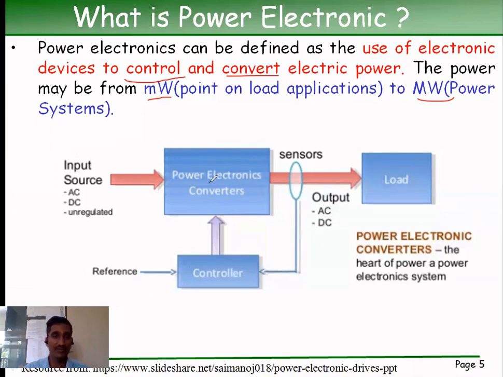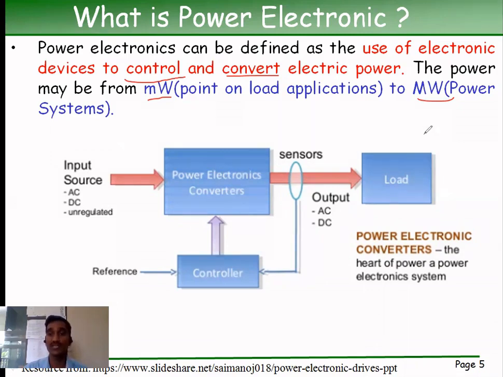So what is power electronics doing here? We are taking the power from the source and delivering it to the load. The source may be AC, maybe DC, or maybe unregulated power. This is our source input power, and this is the load. The load is nothing but your home applications or appliances. It may be a fan, a washing machine, your mobile, your laptop, or some industrial motors, whatever it may be. So this is the load, and power electronics provides the appropriate power to the load.